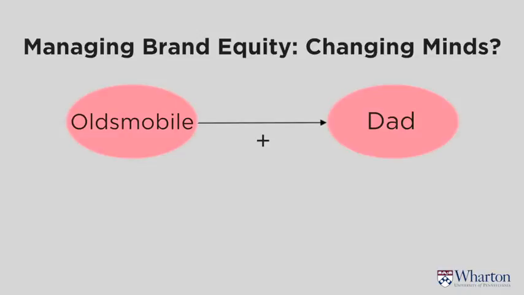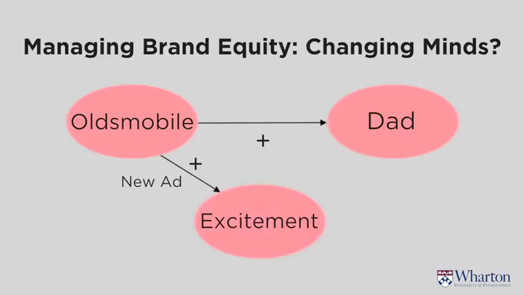Now, one thing that's probably obvious, but let me just say it here. Cars are for young people. Cars are powerful, performance. People like young people cars, energy cars. They don't like old people cars, okay? So the notion that Oldsmobile was associated with my father was a turn-off to younger people. Oldsmobile understood that. That was obvious. And so what they tried to do was they came out with a new ad, new excitement, new car to say, no, we're not a fuddy-duddy car. We're an exciting car. This is a car for young people.